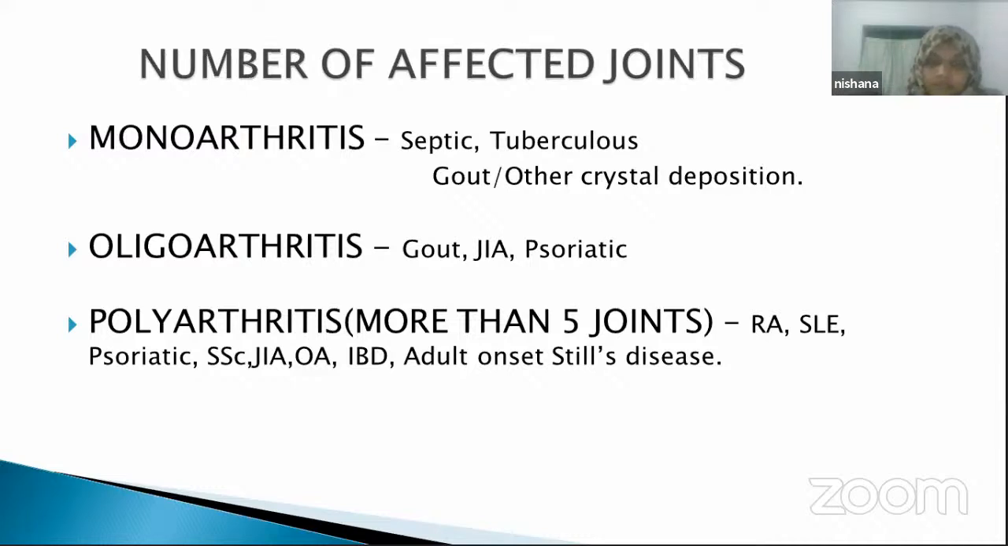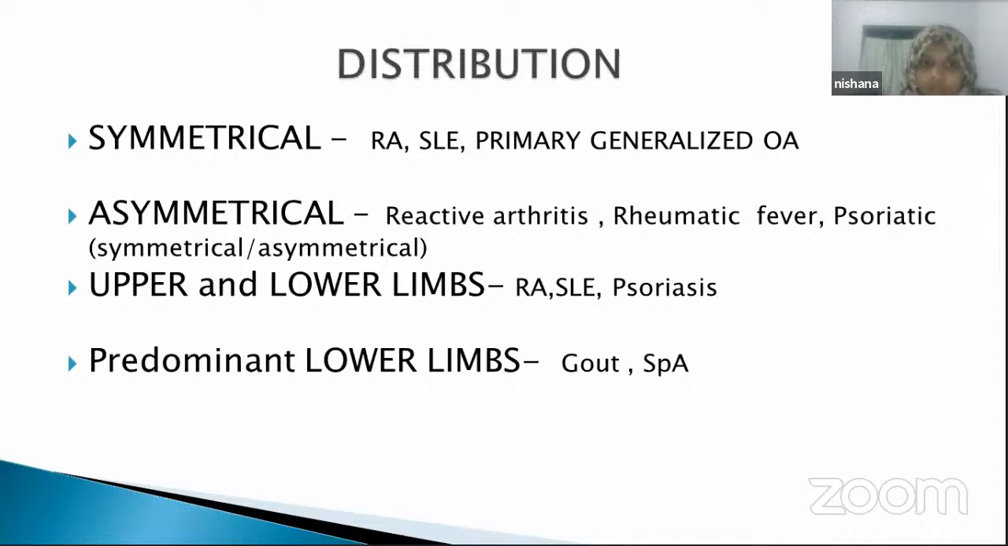Then regarding the distribution, we have to assess whether the distribution of pain is symmetrical or asymmetrical, and which limbs are involved. Usually, symmetrical involvement is seen in rheumatoid arthritis, SLE, and primary generalized osteoarthritis. Asymmetrical involvement is seen in reactive arthritis, spondyloarthropathies, rheumatic fever, and so on. Both upper and lower limbs are involved in rheumatoid arthritis, SLE, and psoriasis, but predominantly lower limbs are involved in